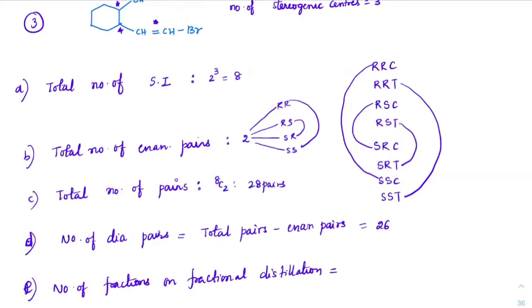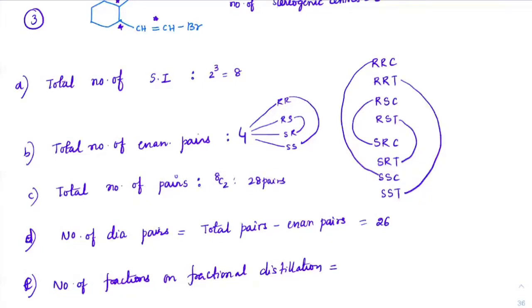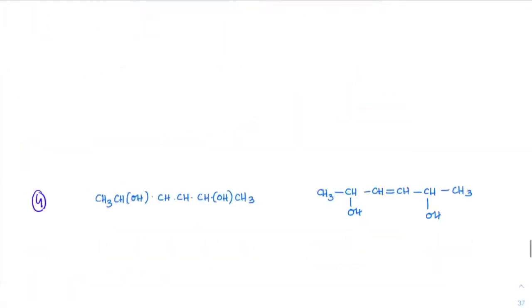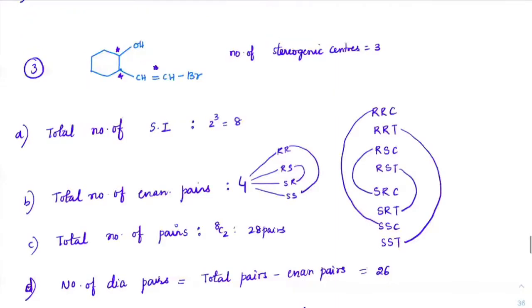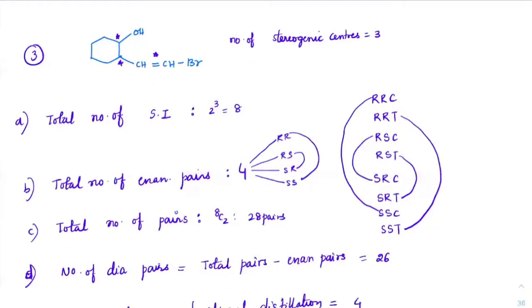Now tell me, how many enantiomeric pairs do we actually have? 2 or 4? 4, sir. Four pairs we have. See the usual mistake now. Got it? Next. How many fractions can you get now? 4, sir. Okay, you can definitely get 4 fractions now. Clear, everyone? Right. Sir, stereomers 24, no, sir? Diastereomers 24. Sorry, 24. Yeah.